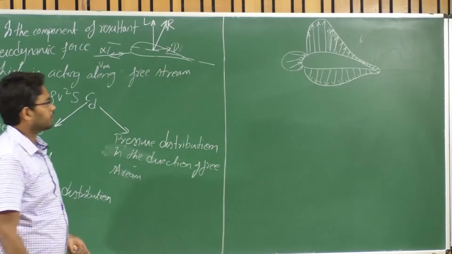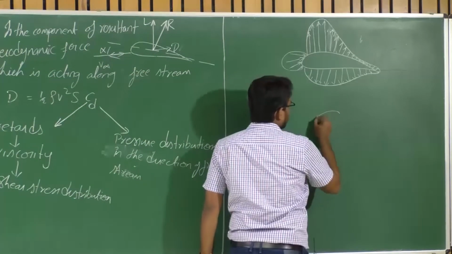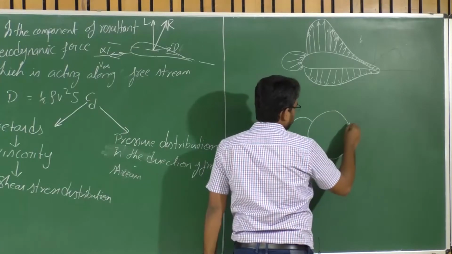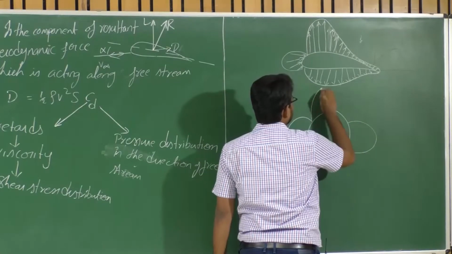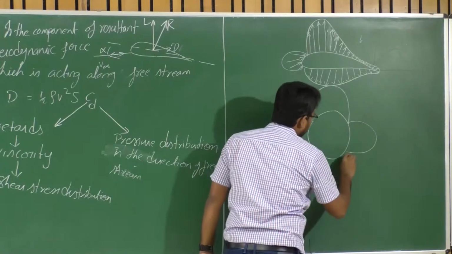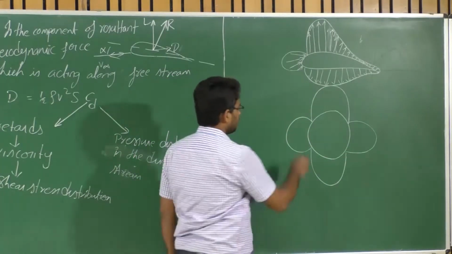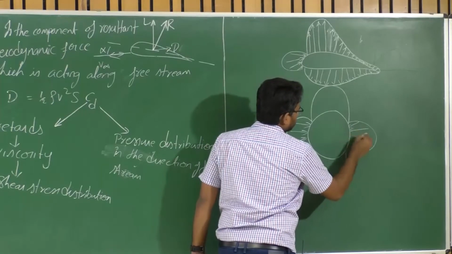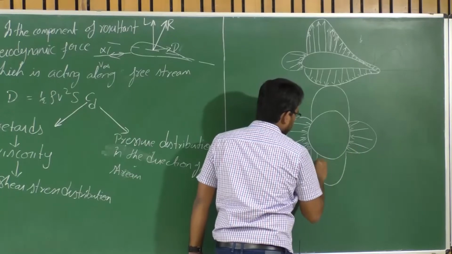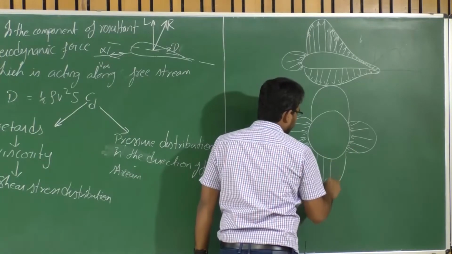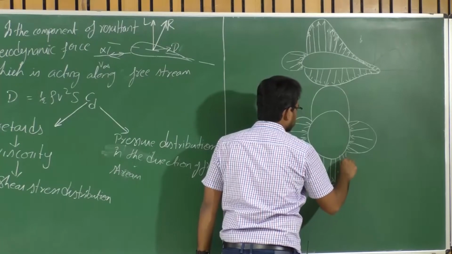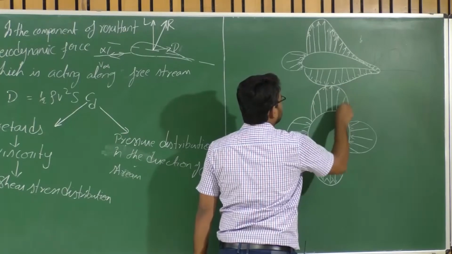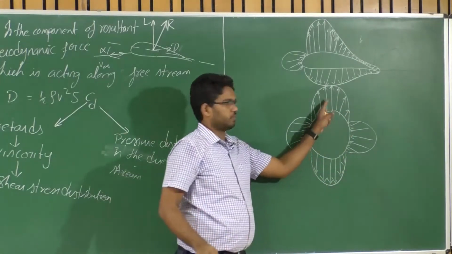Now let us consider, do you remember in the ideal flow theory when we talked about a cylinder, we assumed that there are stagnation points S1 and S2. This is the typical pressure distribution that we discussed. Do you remember that? So we have positive pressure on the front and back, and negative pressure on the top and bottom, because the highest velocity is equal to twice the free stream velocity at point P at 90 degrees.